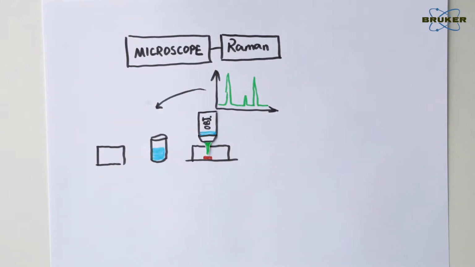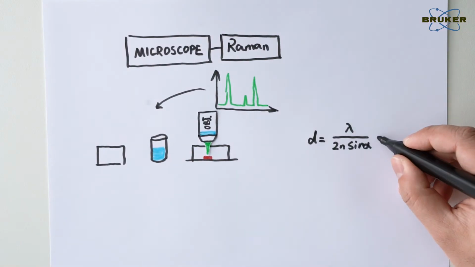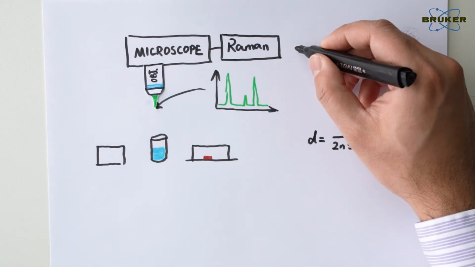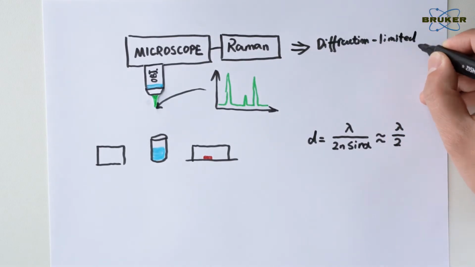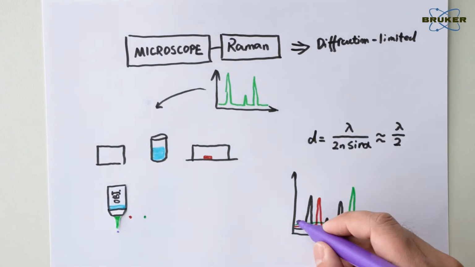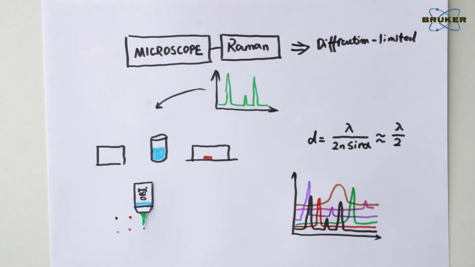The diffraction limit is the smallest distance that an optical microscope can resolve. This also applies to Raman measurements in a microscope. As a rule of thumb, this limit is close to half of the laser wavelength, typically several hundreds of nanometers for Raman microscopy. If we repeat this point measurement, we can have a bundle of Raman spectra with geometrical information.